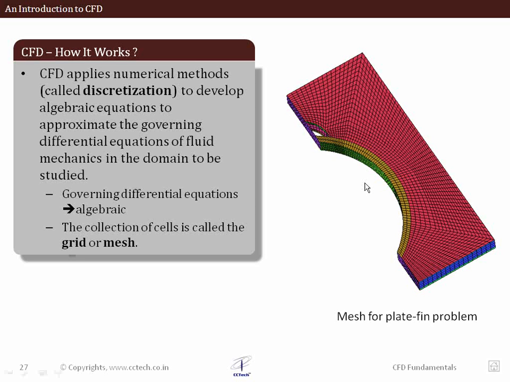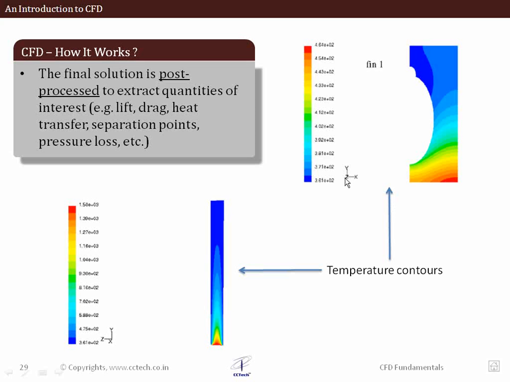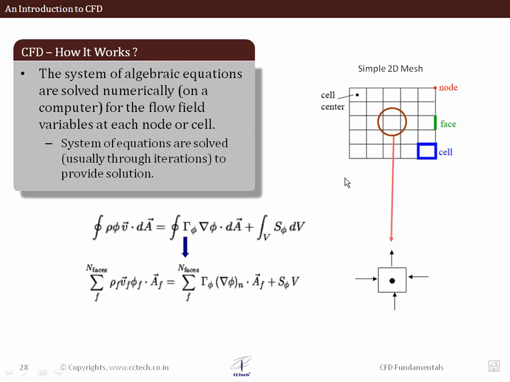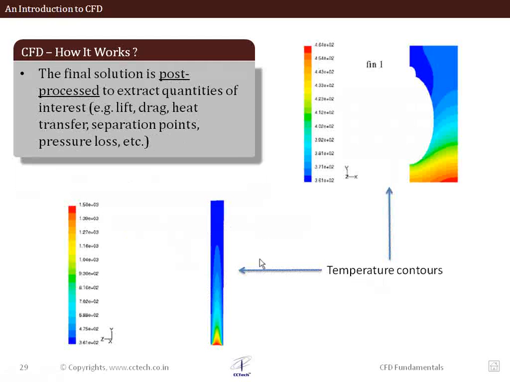We can see this is the step where we take the geometry and start dividing it into smaller fragments. This is called meshing, the pre-processing step, the grid generation step. We divide the geometry into smaller fragments. We end up having the mesh where the equations will be solved, not the exact integral equations, but converted into a discretized form of the equations. The geometry is discretized and so are the equations. And when these discretized equations are solved, we get values,